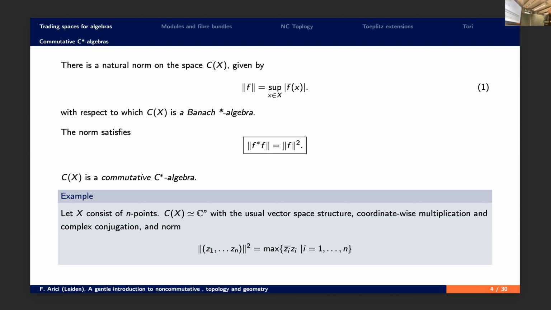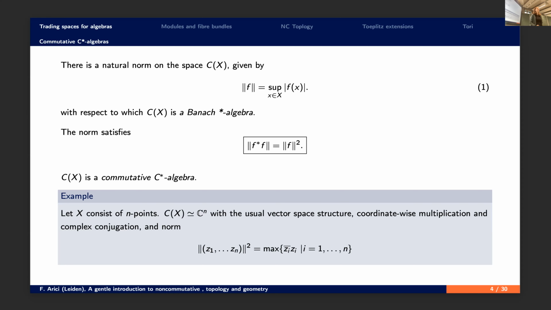And to show you how the C-star identity is really important, let's look at a very simple topological space. We just have n points. This is a discrete topological space that consists of n disjoint points. So when we look at the continuous functions on that space, we get C to the power n, the vector space Cn. And we know that this has a vector space structure. It also has an algebra structure, but in order for it to become a C-star algebra, we need to choose the right norm. So if you would put the L2 norm, let's say the square norm, that wouldn't work. So the actual norm that you have to put there is the maximum norm,